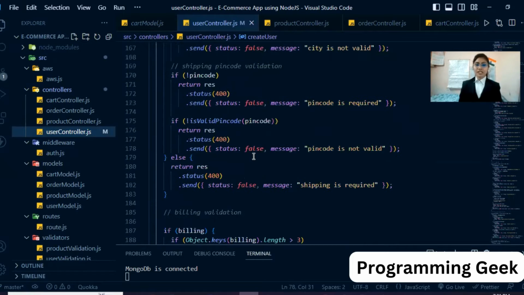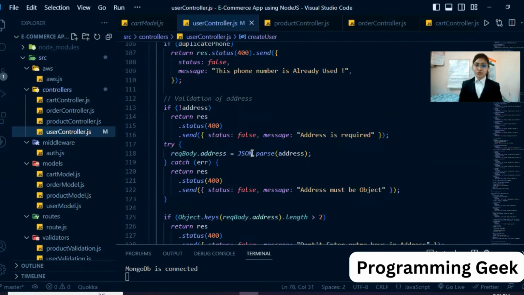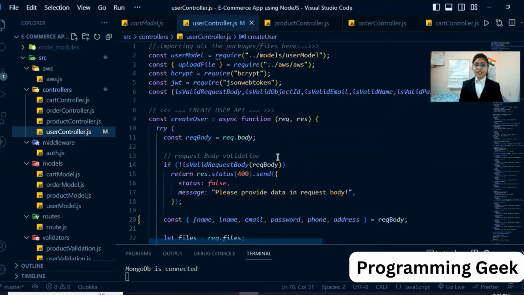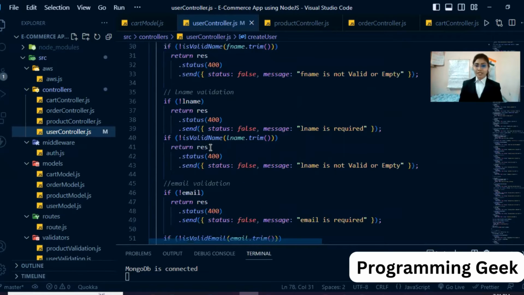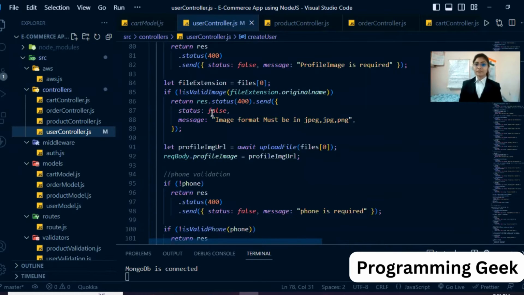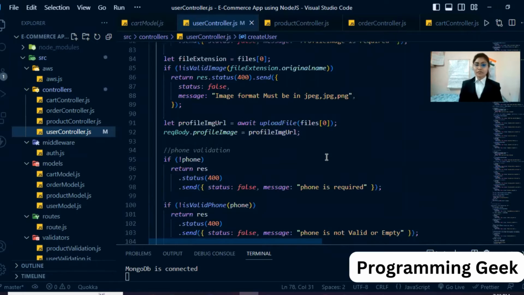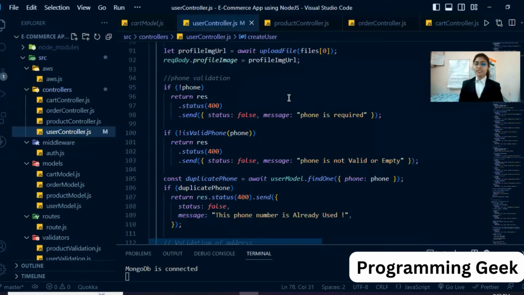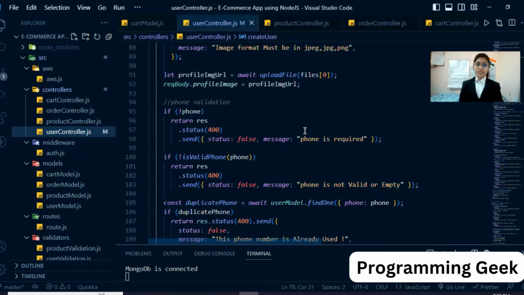First is creating the API. I write the POST API. Then after validating all the data present in the request body, and all the mandatory fields, I save the bcrypted form of the password in the database. Then I upload the profile image on AWS. I validate that the profile image is valid and in the correct format. Then after getting all the data, I upload this profile image to AWS S3.